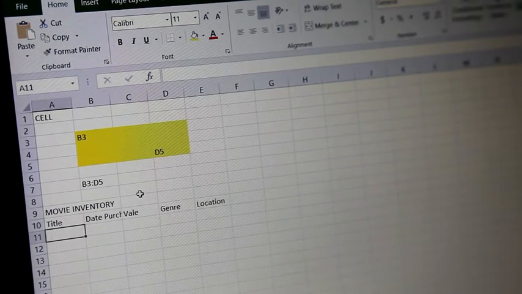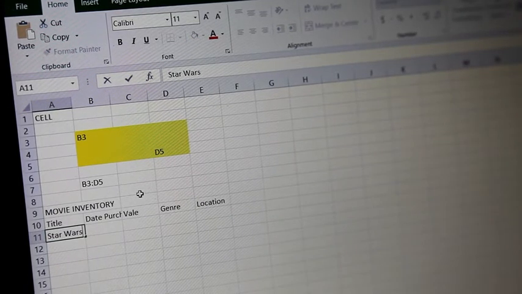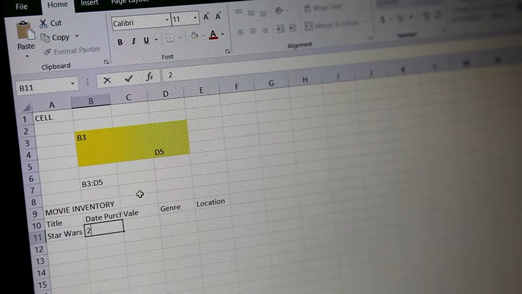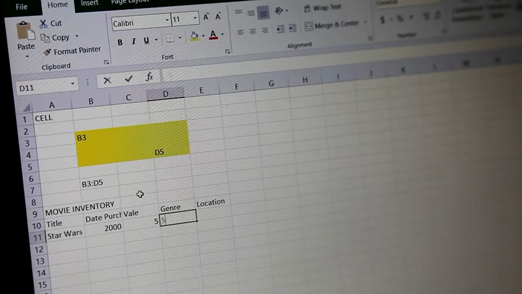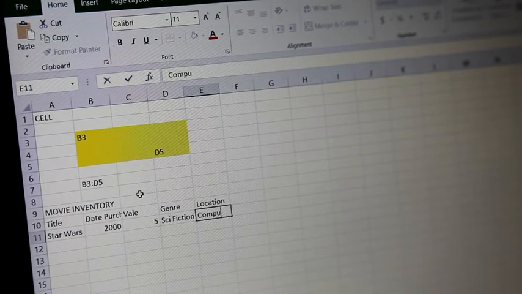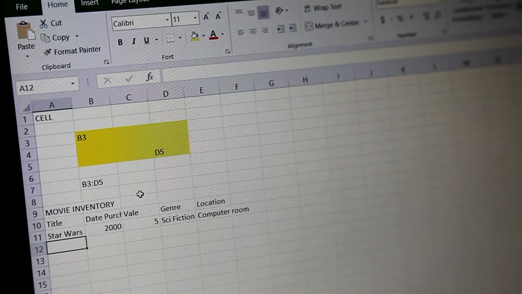Okay, so this is a made up list, so let's call it Star Wars and date purchased. So you do the same on your spreadsheet. And next, the title would be